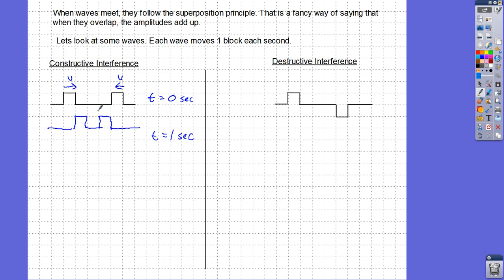Still moving in the same direction that they were. Okay, and now is where things get interesting. So when we go to t equals 2 seconds, what's going to happen? Well, this idea of superposition is that when they're in the same place at the same time, their amplitudes are going to add up. So each one is going to move one block. So that means that we're going to have,